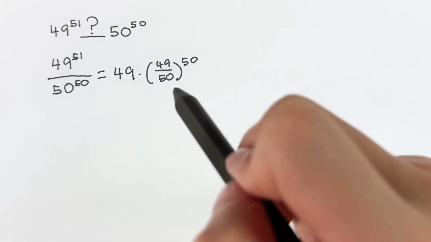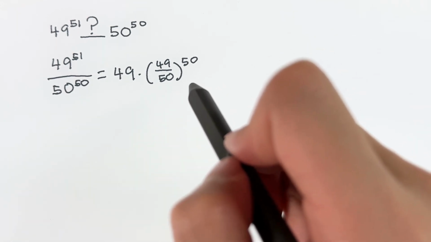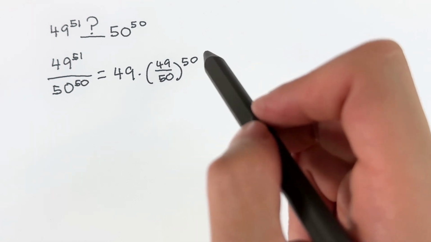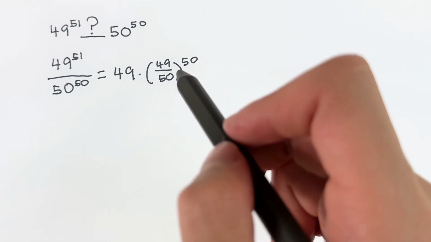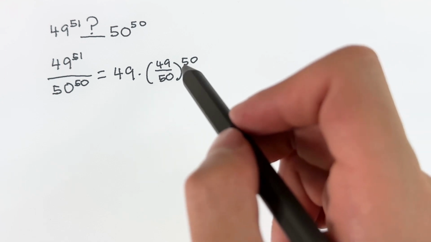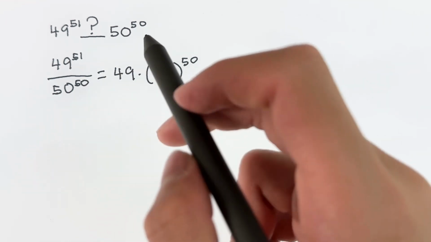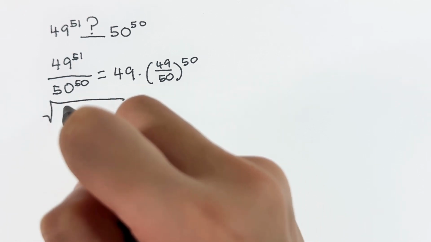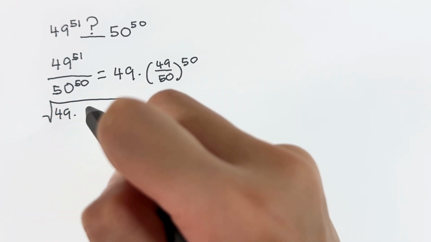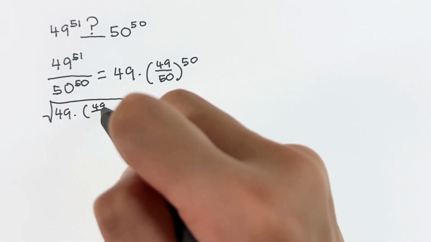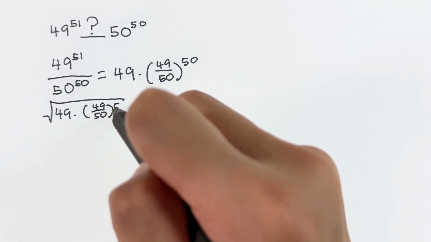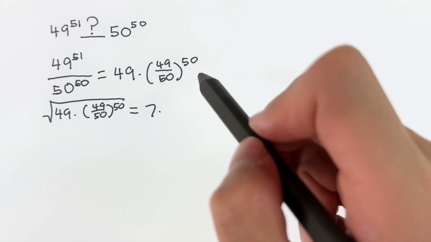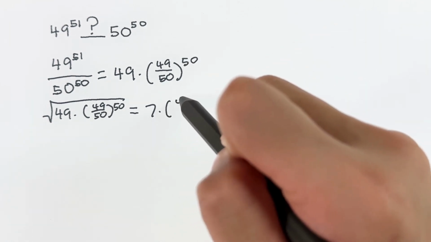And then we notice that 49 is a perfect square. So is 49 divided by 50 to the power of 50. So if you take the square root of this, if the square root is also greater than 1, then that means that this fraction is still greater than 1. So we know that the square root of 49 times 49 over 50 to the power of 50 equals 7 times 49 over 50